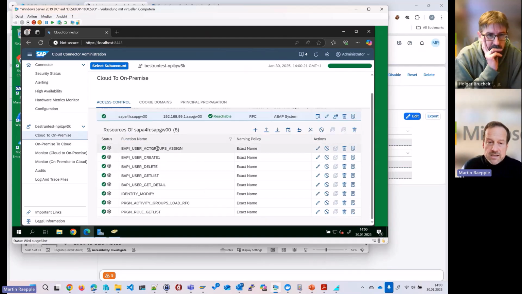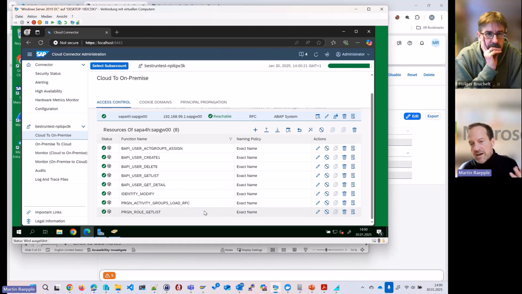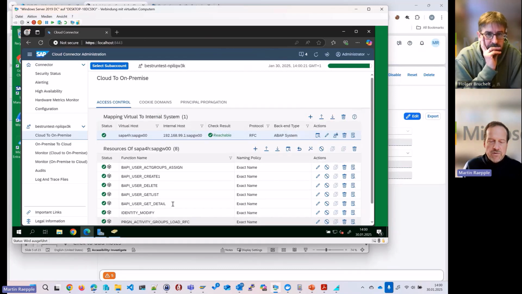This list is the list of function modules that this system is allowed to call. Just to keep things short, there's a corresponding role that makes use of the sRFC authorization object, which defines in the authorization fields exactly this list of function modules that this SAP IPS user is allowed to call. So that's the magic here from the connectivity side.